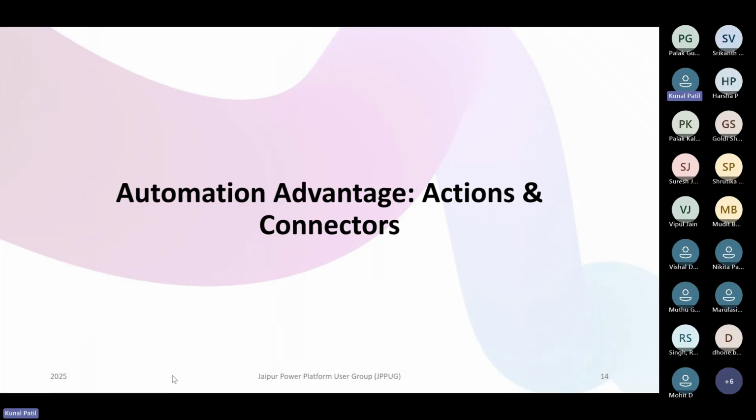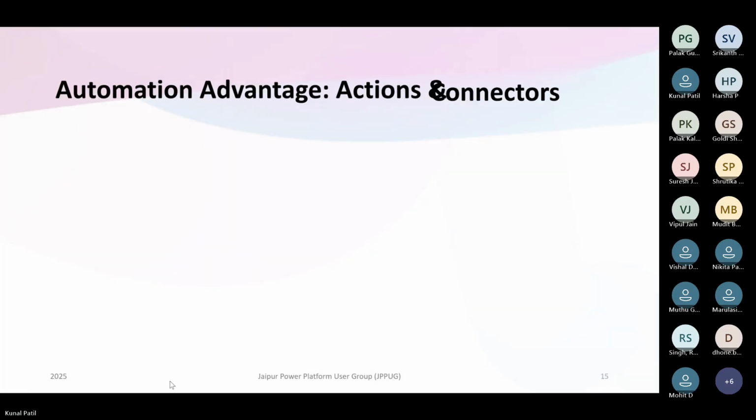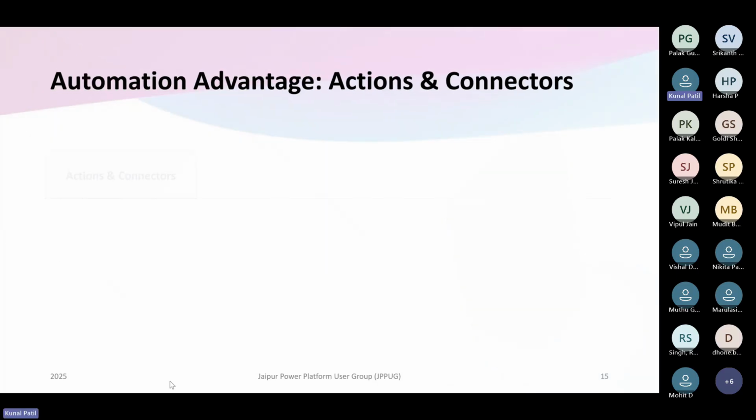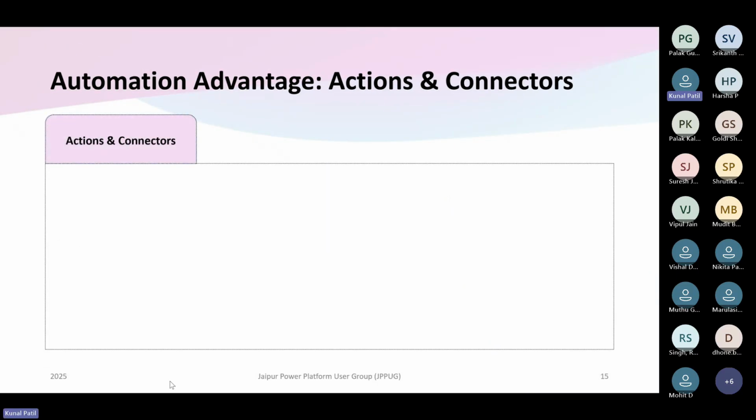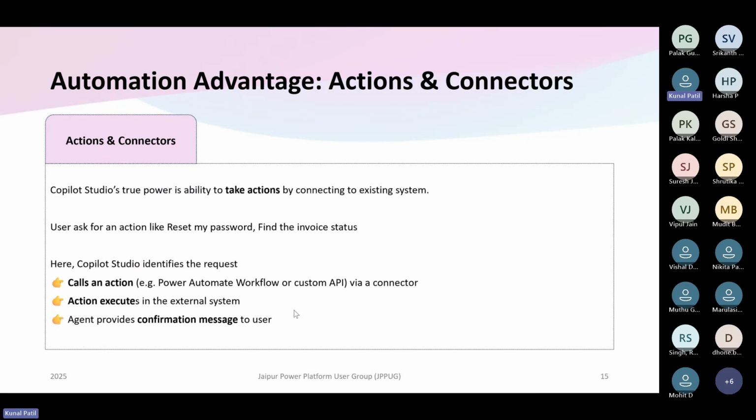Moving to the next feature, that is actions and connectors. So we talked about how an agent can answer questions, but what makes it truly powerful is the ability to perform actions. An action is nothing but a task or a process that the agent can execute on behalf of the user. These actions are often powered by the pre-built action connectors that are available in Copilot Studio or Power Automate